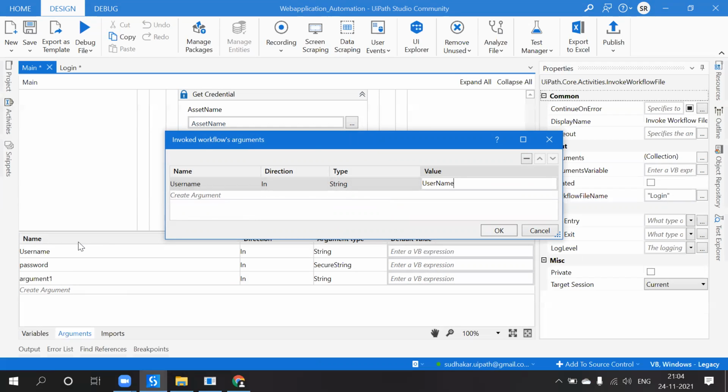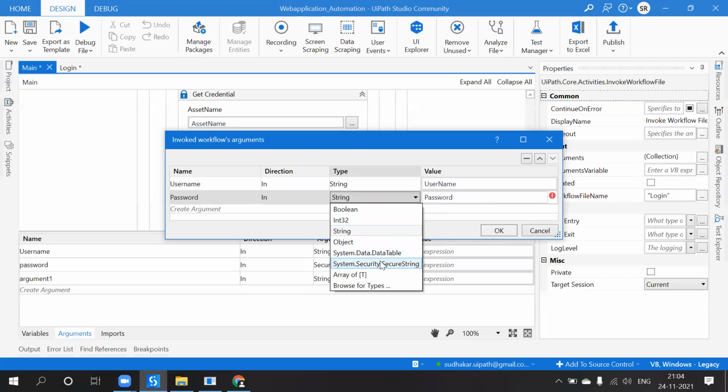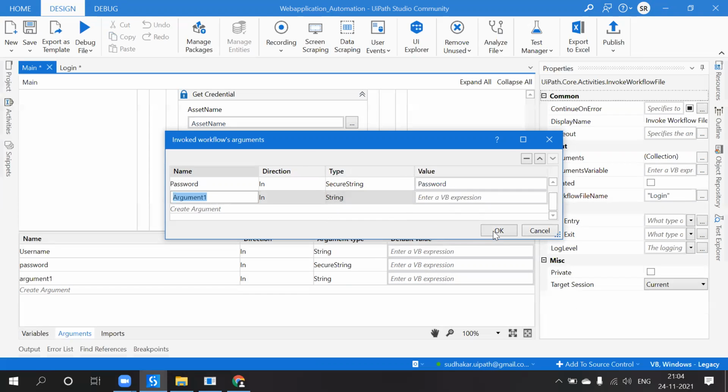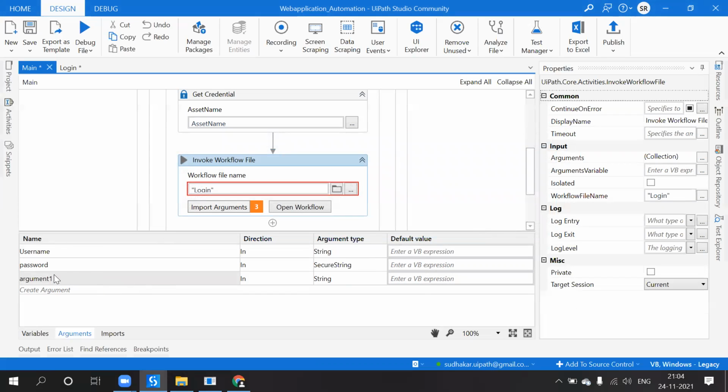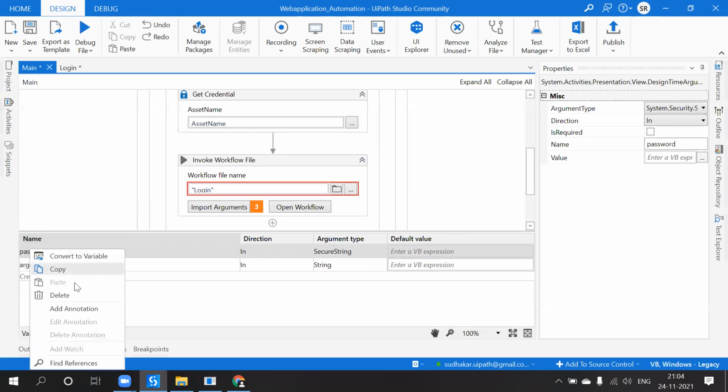Here anyway we speak about arguments in this. Just click on this. What is this? This is a password, and then come over here. What is the value? The value you have to pass as a password. What is the type of this? Secure string. So here under arguments we don't need to create here, just delete it. You just go and delete this. Why? Because